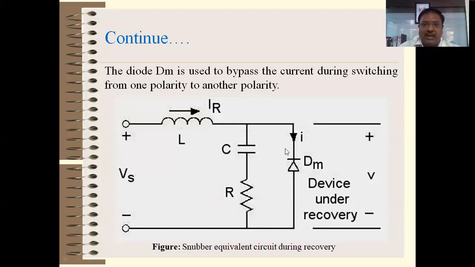Okay. So what is the purpose of the freewheeling diode? It is just used to protect the device from inductance energy. Whenever the supply gets reversed, the polarity of the stored charge in the inductance also gets reversed, and if that reverse voltage appears across the device, your device may get damaged. Okay. So to protect the device from